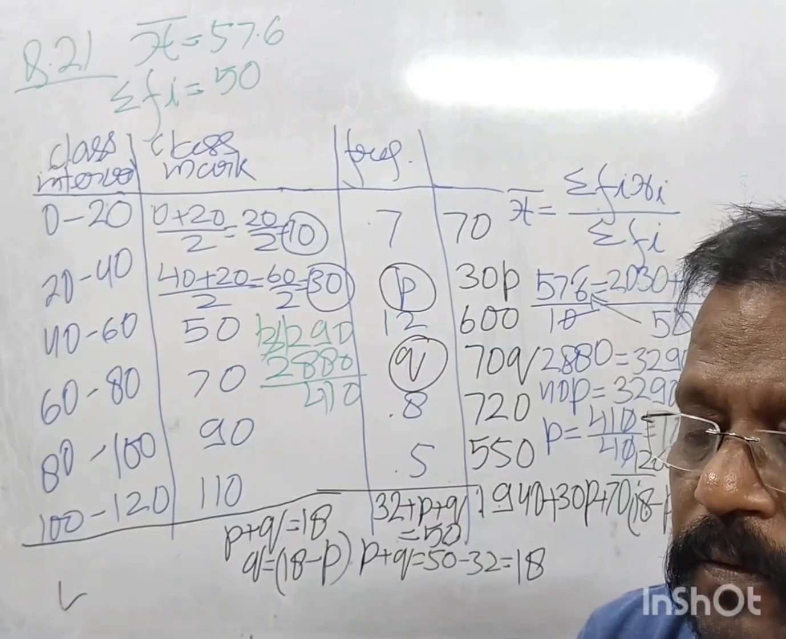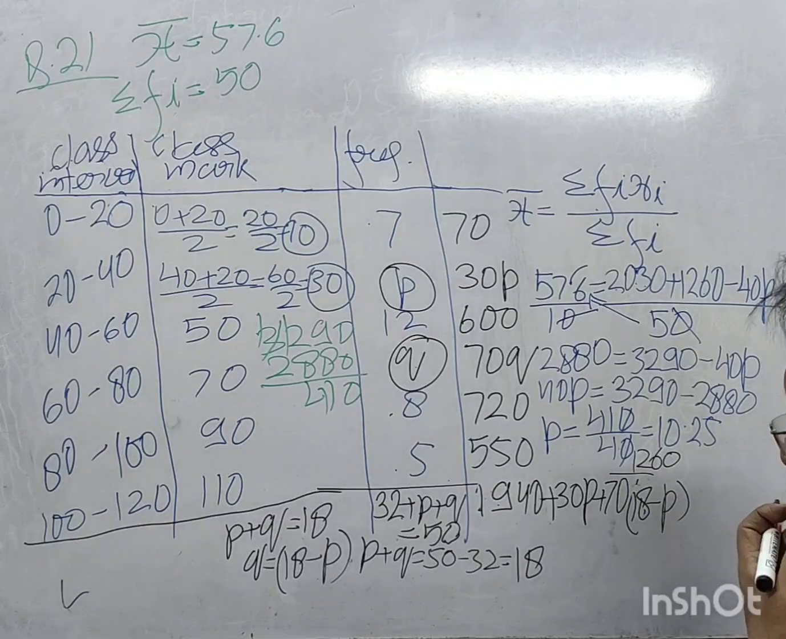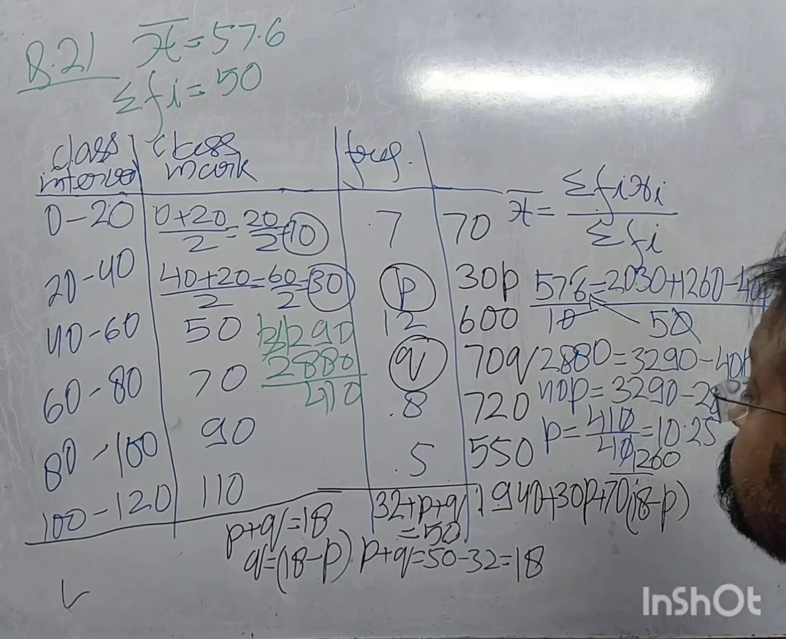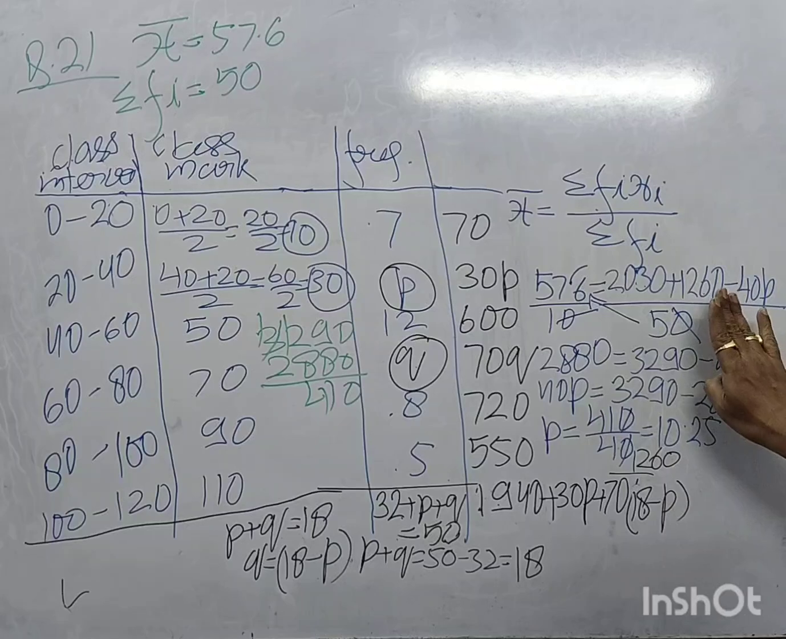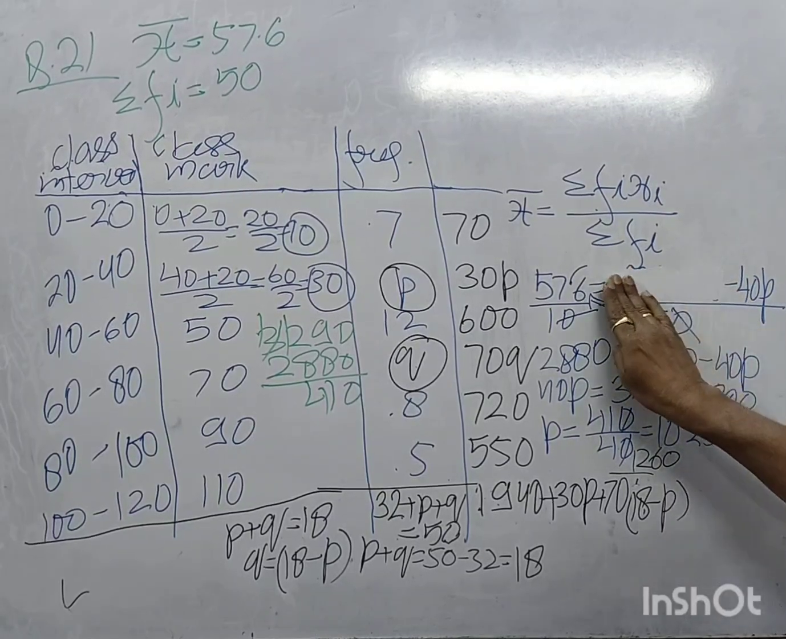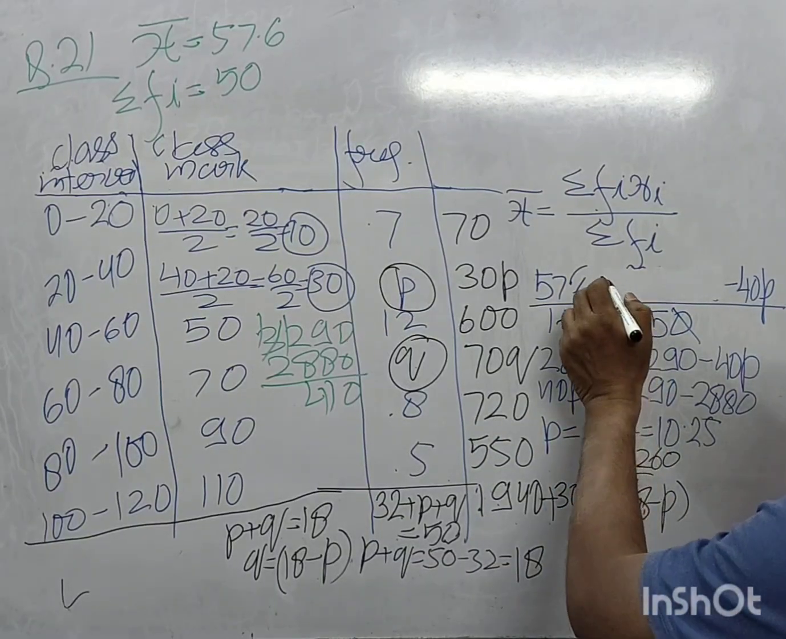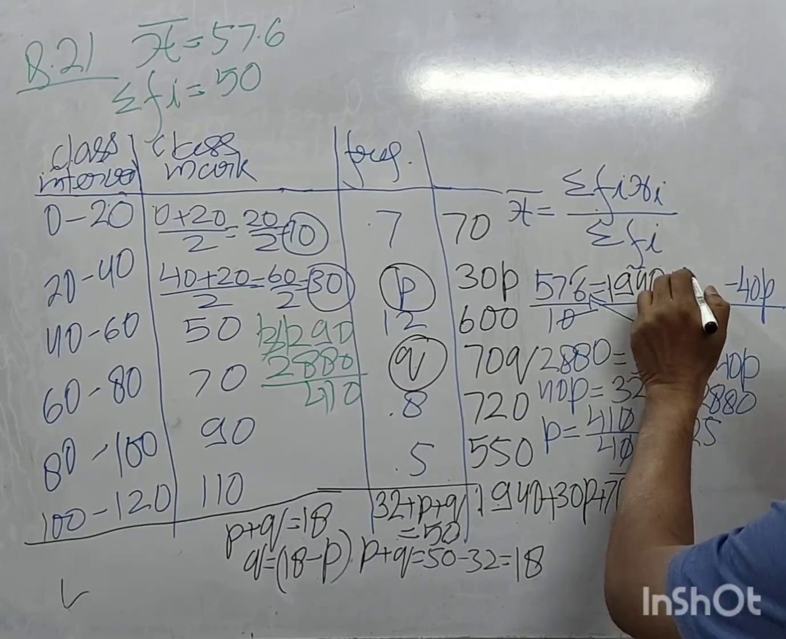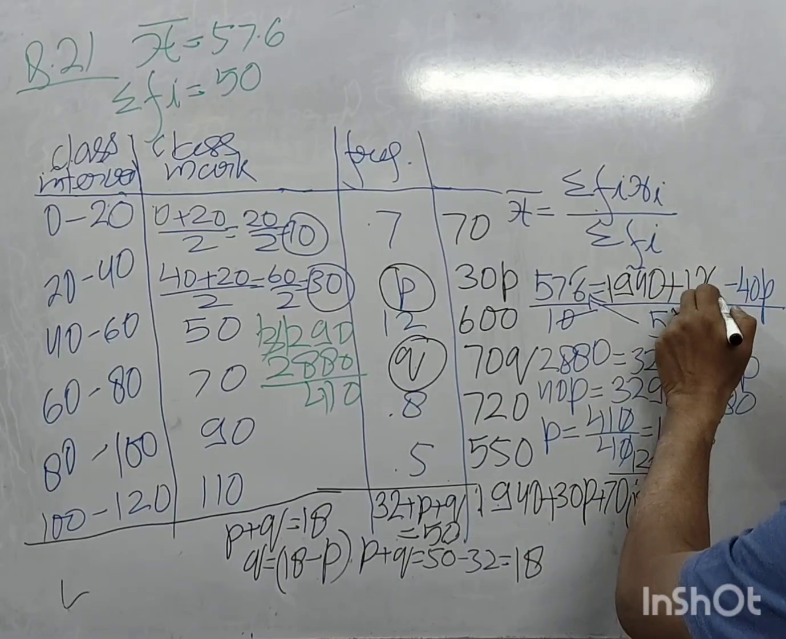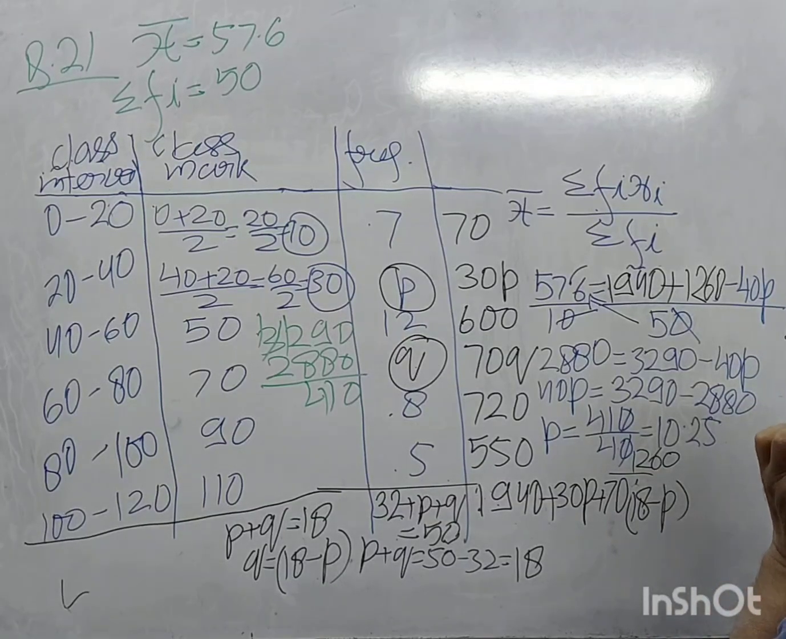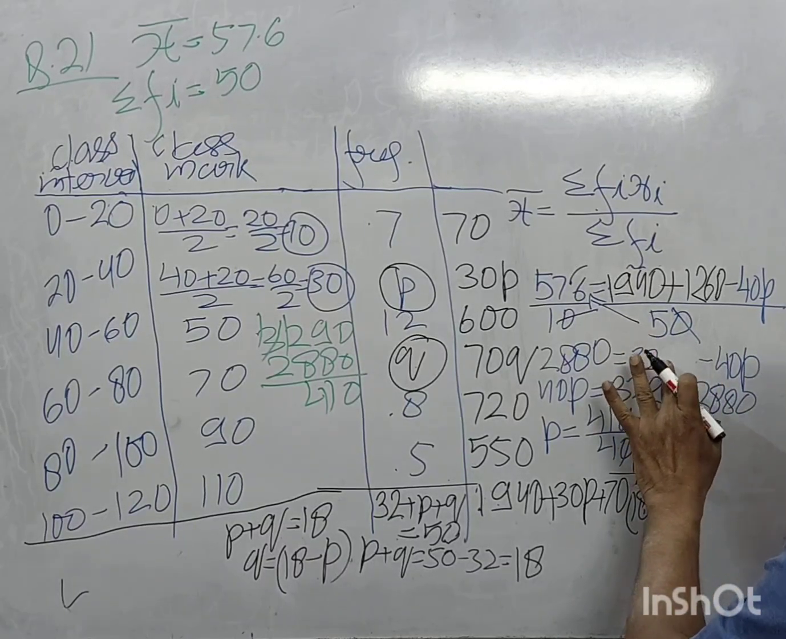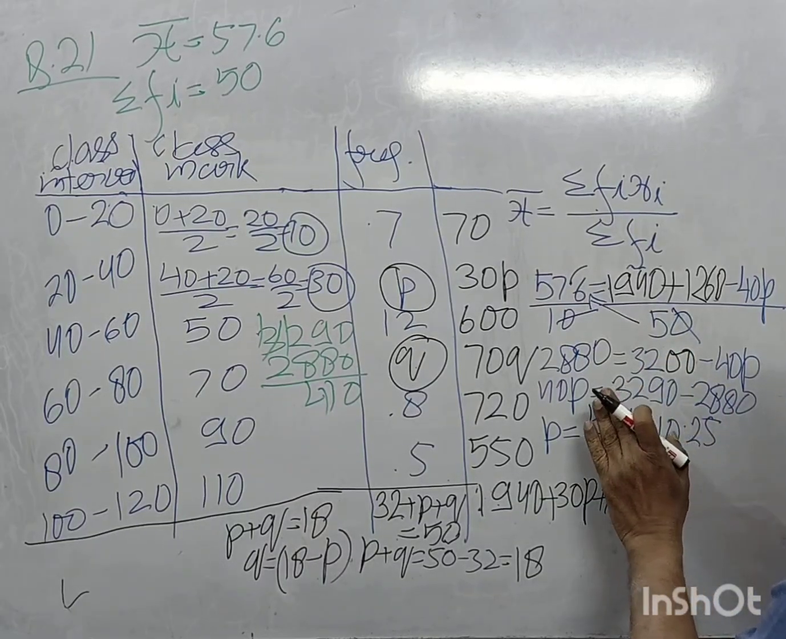Yes, 1260. That will come 3200, right? So we will write here 1940 plus 1260, right? So this will come 3200. So 3200